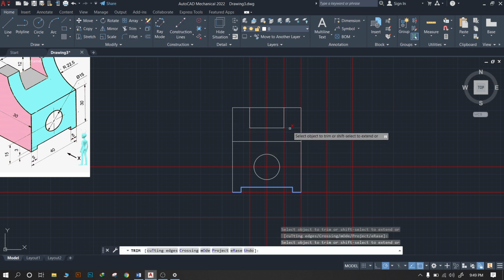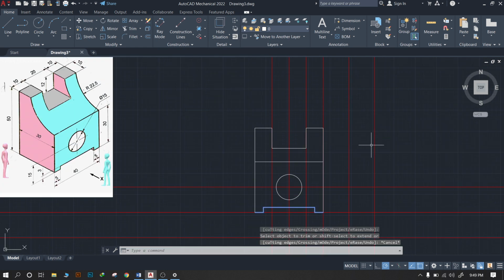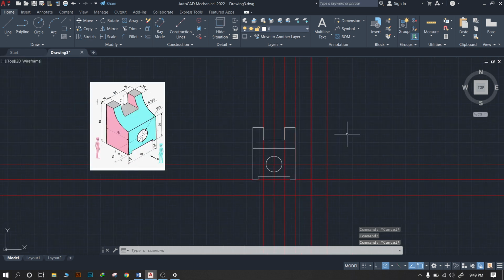So we will use the trim command over here, and these lines also we have to remove, and we got the front view.